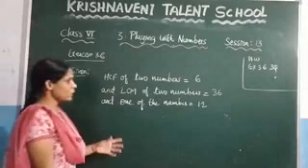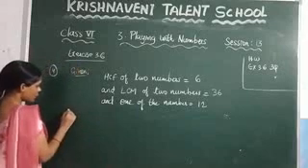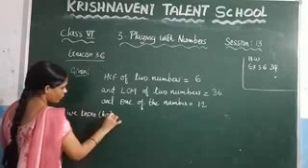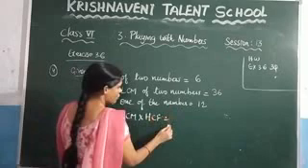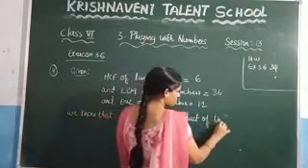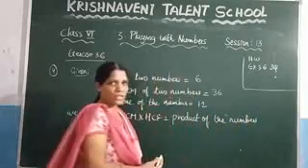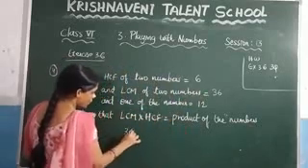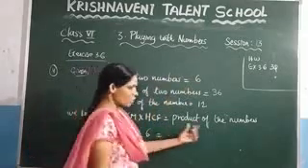So if you want to find the other number, you have to write the relationship between the LCM and the HCF. We know that LCM into HCF is always equal to the product of the numbers. So just substitute what they have given here. They have given the value of LCM which is 36 and the HCF which is 6, and the product of the given numbers.